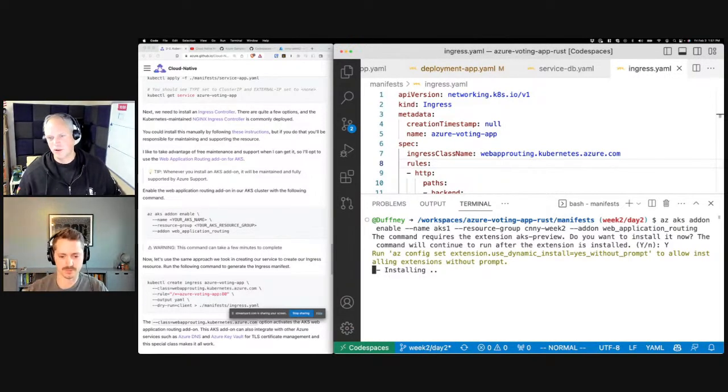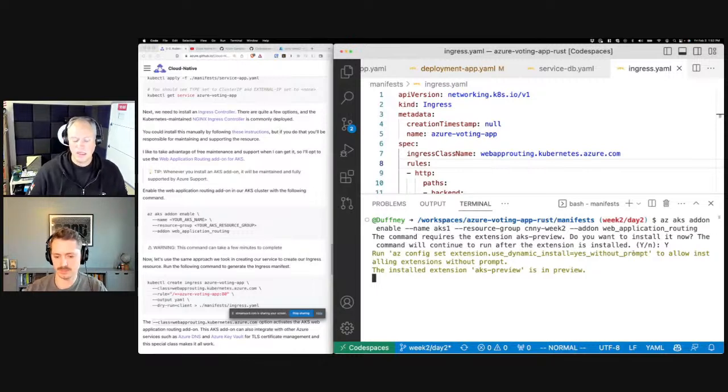And I believe there's a way to do it with Bicep. I think we might get into that in next week's content. But now the web application routing extension is an accelerator. What it's going to do for us is allow us to get a managed Nginx ingress. So that means we don't have to necessarily worry about adding another container that we have to manage and deal with rolling upgrades and stuff like that. It's going to be a hosted managed version of Nginx, which is